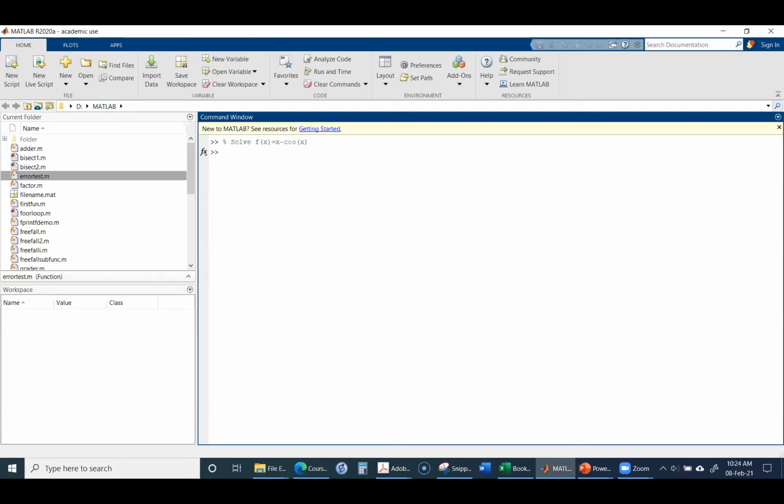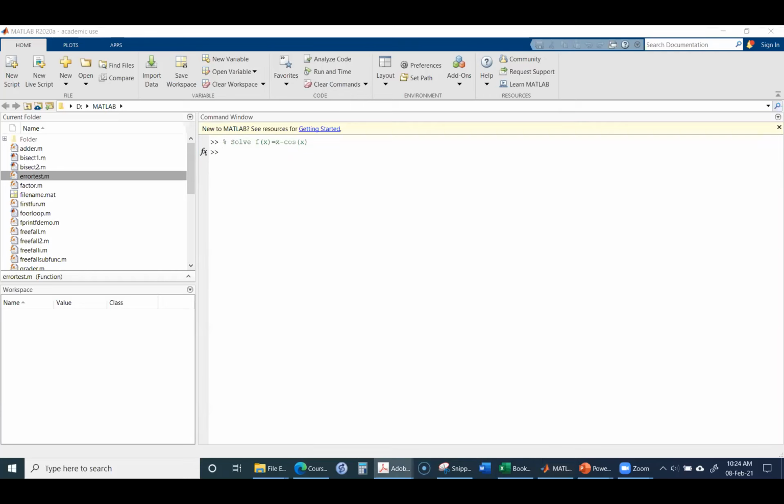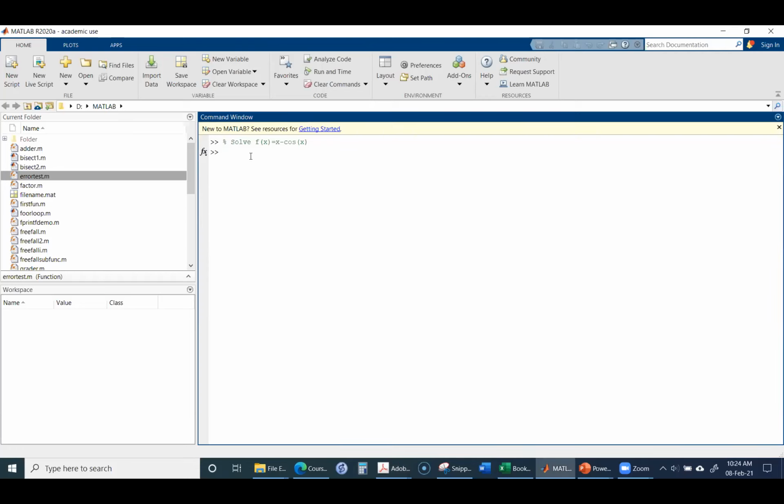So we can use a command in MATLAB which is called fzero. Okay, fzero command. So fzero is an inbuilt MATLAB function,